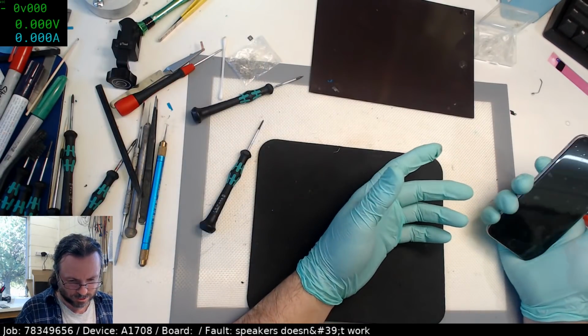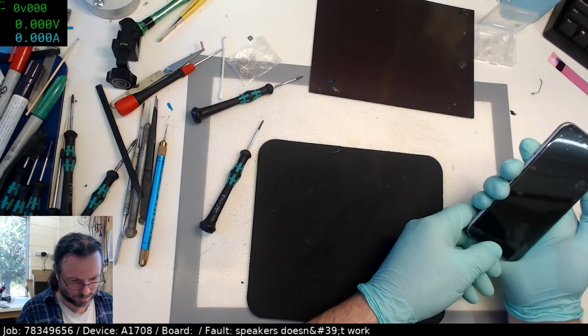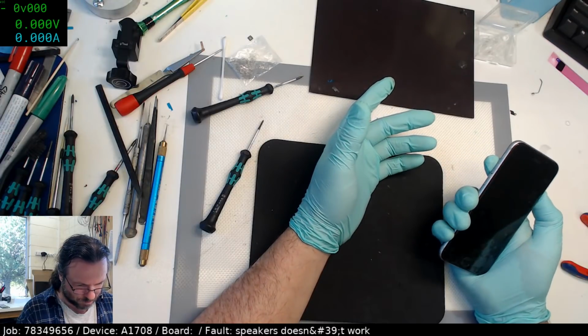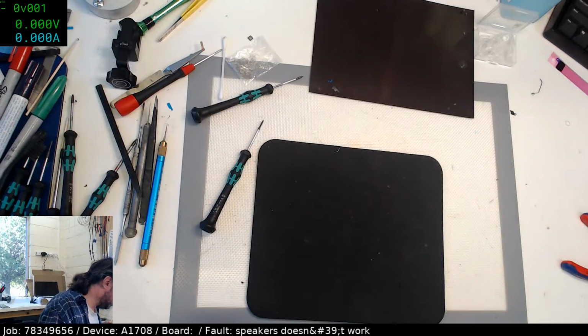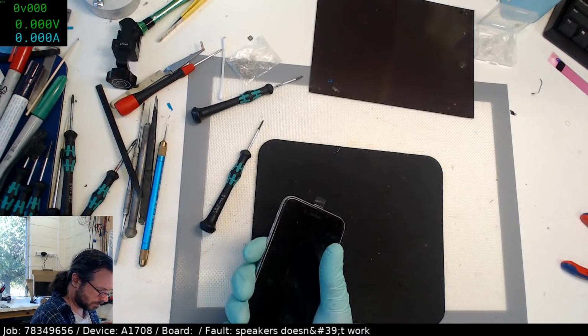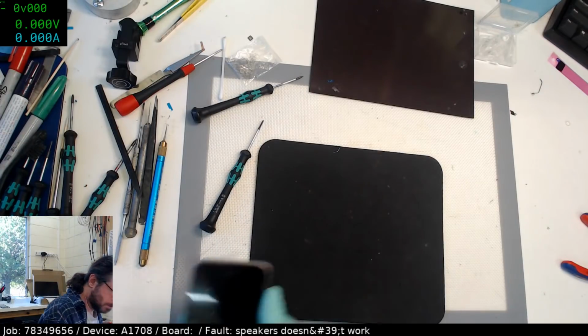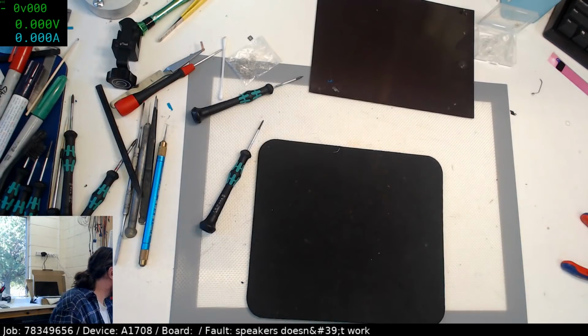What? Why did you just die? Oh no, don't you start giving me this. What? It can't be a flat battery, that shouldn't have died like that. Oh, it was a flat battery. Interesting, got about 3/4 of the way through the boot and decided to drop dead. Oh well. Okay, let's get to